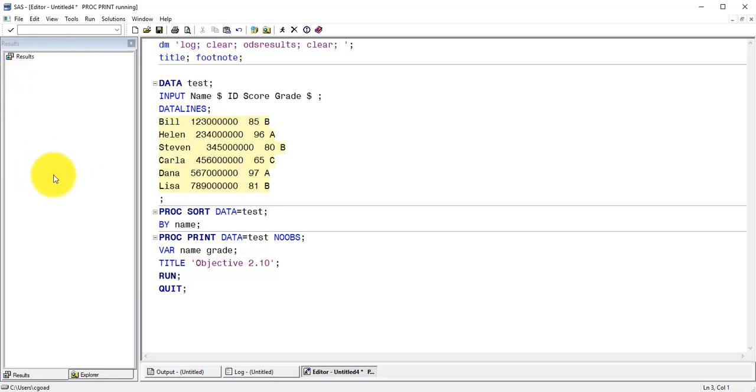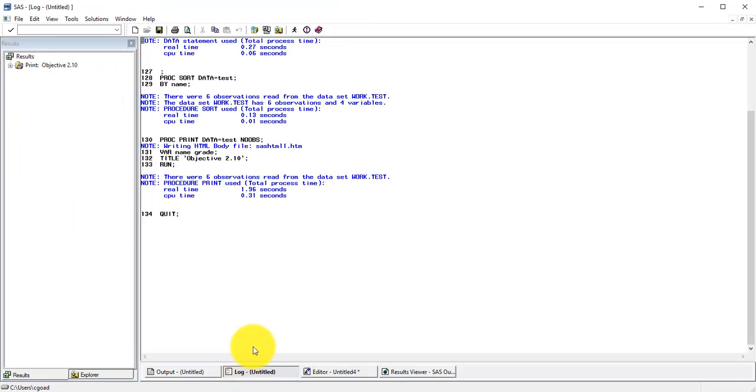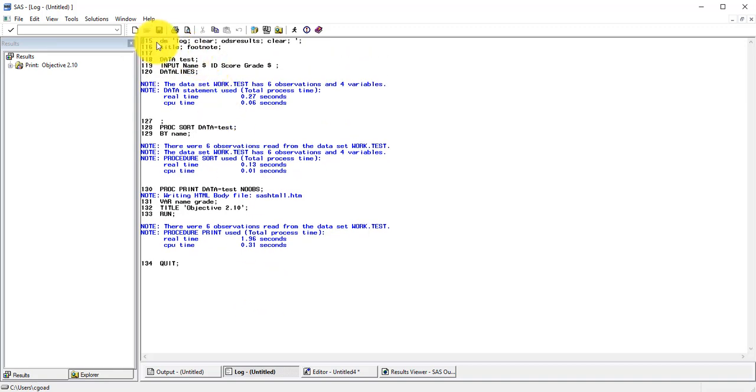Notice this information cleared in the log window. Everything cleared. Our first line in the log window is line 115, so it didn't start at 1. It's new, and so there's no history of what we've done during this SAS session. We look through the collection of statements here in the log window,